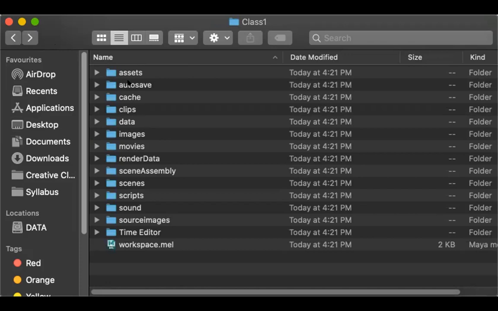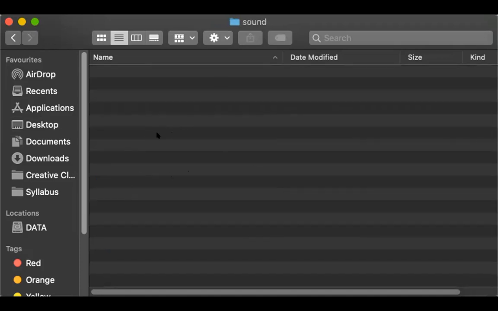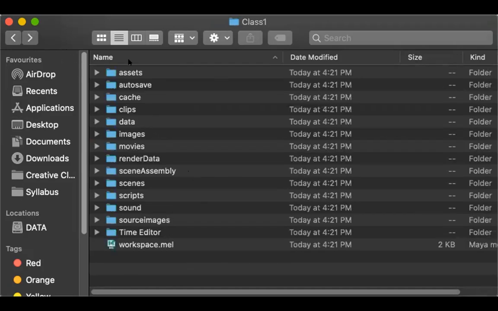I'll explain it after this project folder. You can also find sounds; you can keep some sound clips if you are working on animation. These are all the subfolders which are very important for a project folder.